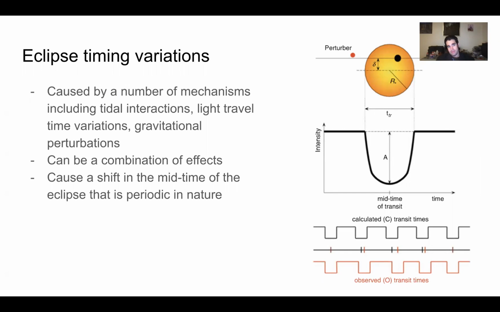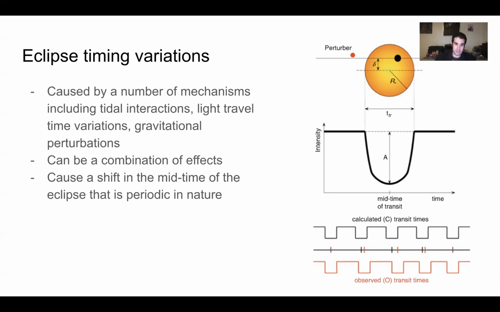So the eclipse timing variation technique is more or less where one observes an eclipsing binary. If you were to assume a purely Keplerian orbit, you would have the mid-transit time occurring at regular intervals. And if you have the influence of a perturber in the system, there could be a number of effects, from tidal interactions like travel time variations and dynamical effects, that result in the mid-transit time varying